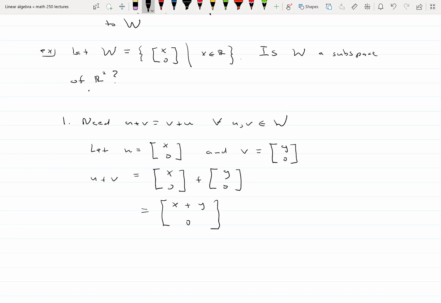That's x, the column vector whose entries are x plus y and 0. These entries are real numbers, so we can flip them around. This method of proof should be automatic to you right now if you've completed homework. So all I'm doing is